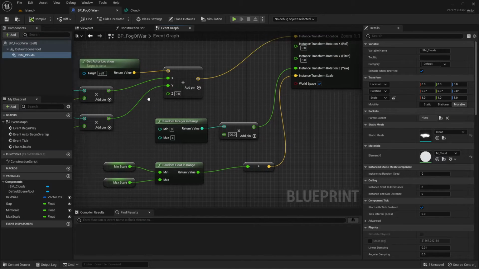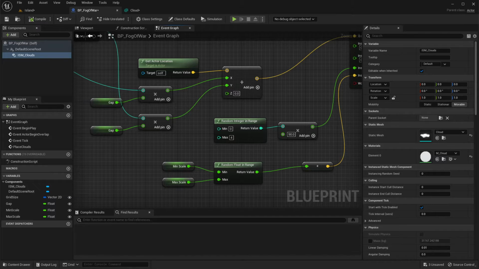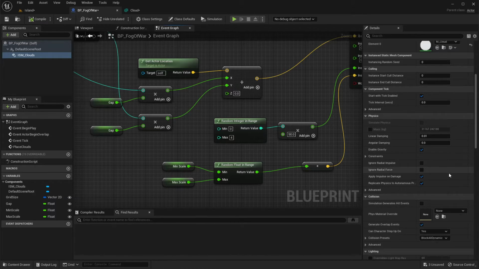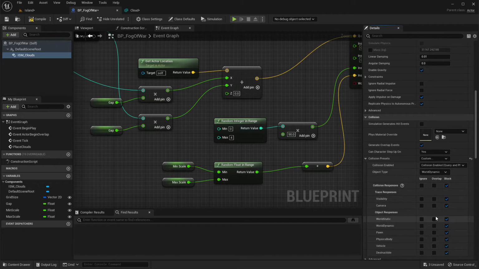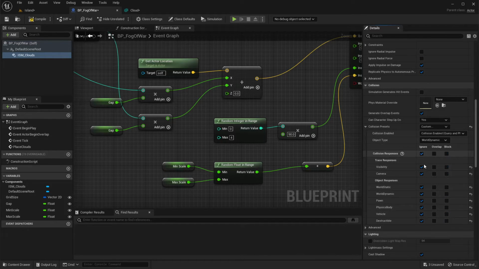Now here instead of block call dynamic, I'll use custom and ignore everything except, let's say, this camera trace. Oh no, visibility. Right, now